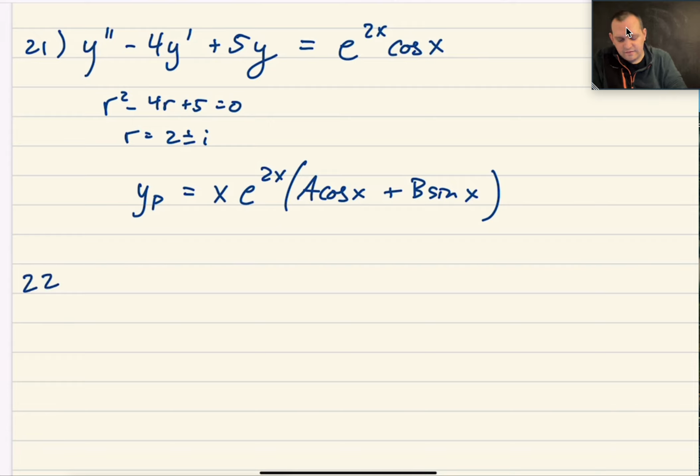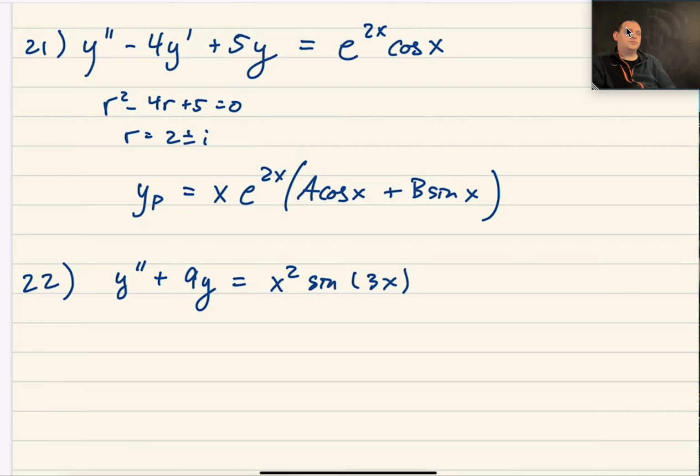Let's just keep going and look at just a few more. If you were to have, say, y double prime plus 9y equals x squared sine of 3x. Okay, this is about as complicated as I can think to make it. What you would have for your general solution would be,